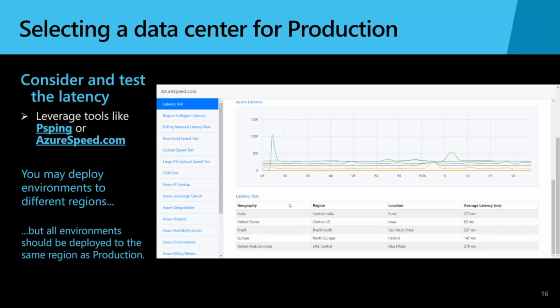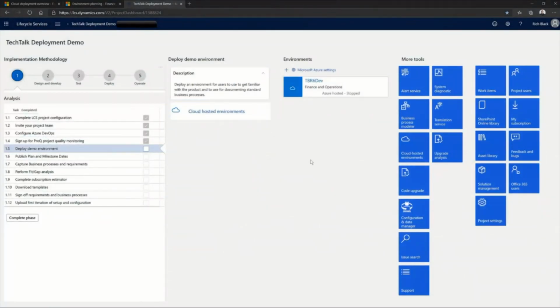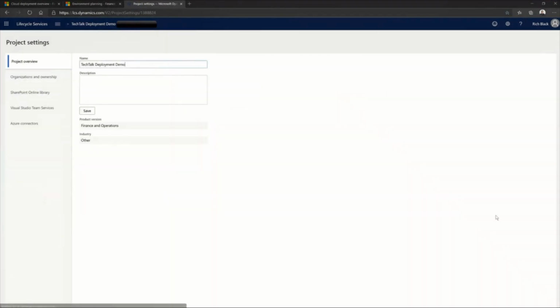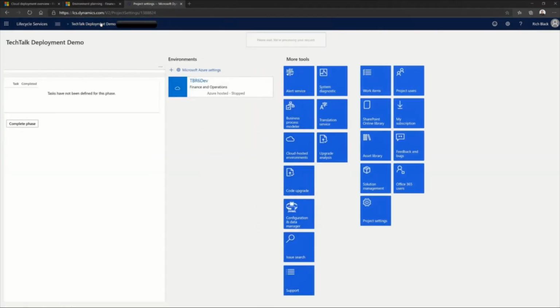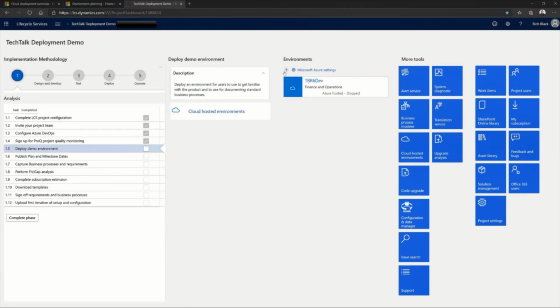So next, let's step through a deployment process and see just how easy it is to deploy or redeploy an environment on demand. And in this example, what we'll see is an LCS project in which we're going to deploy a new environment. In this example, we're going to do a cloud hosted environment. We're going to deploy it to my own Azure subscription here. The ID is blanked out there, but once the Azure subscription is specified in the project settings, then we